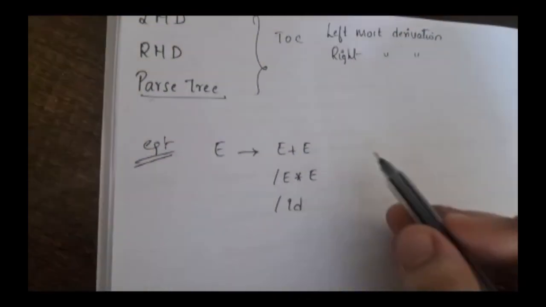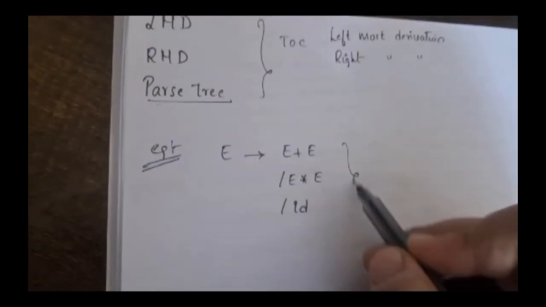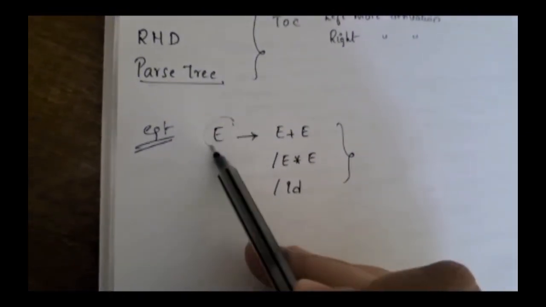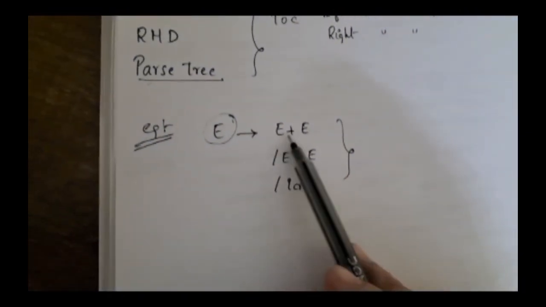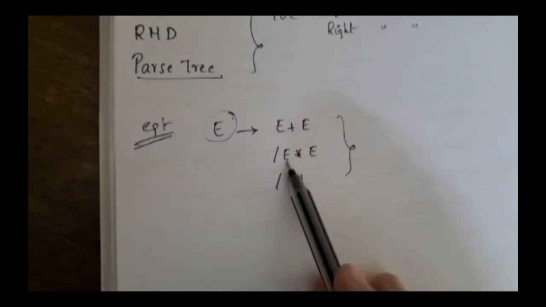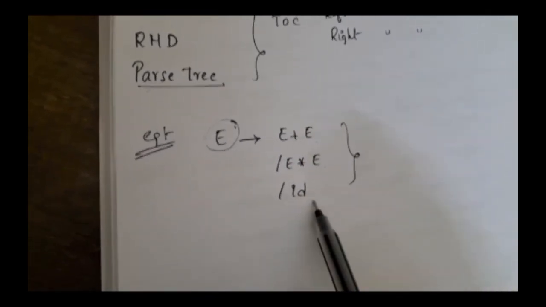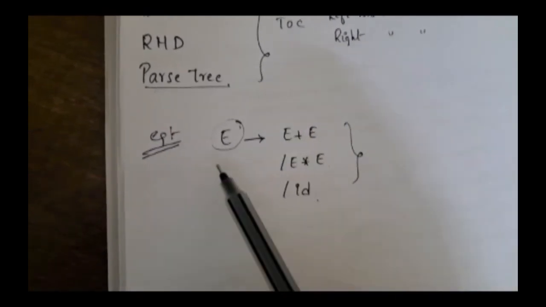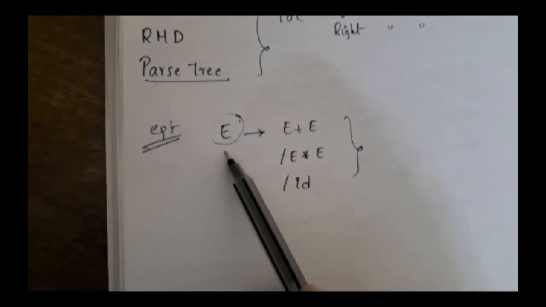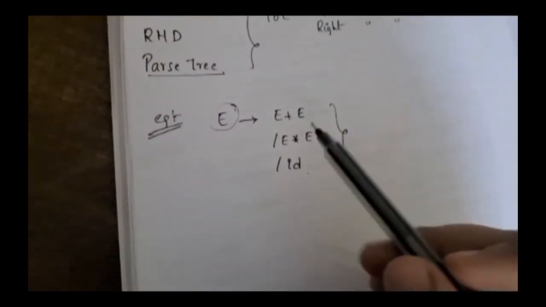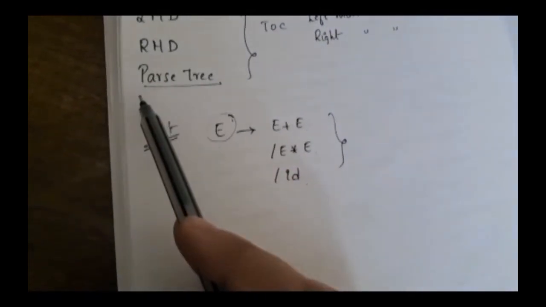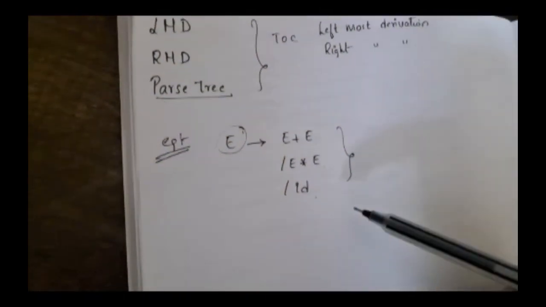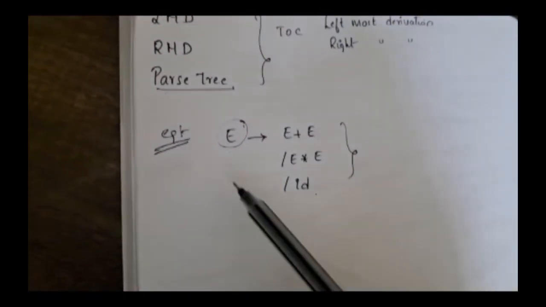Okay. So for people who don't know what this is, in place of E, I can substitute either E plus E, or E star E, or ID. From these three places, I can substitute anything according to my convenience. Now for LMD, RMD, parse tree and all, to solve that,